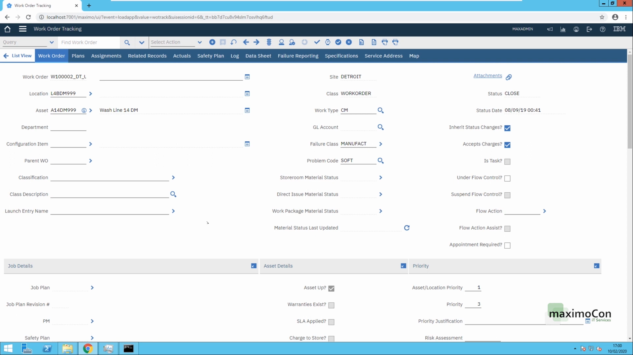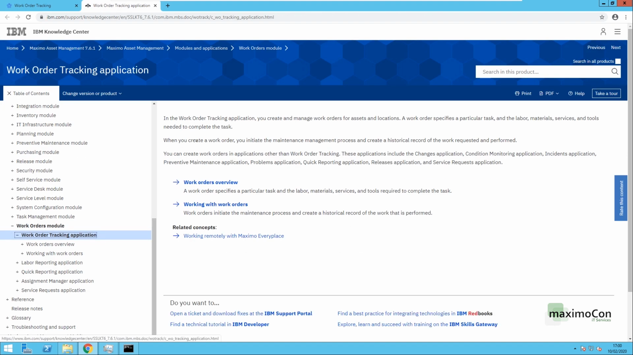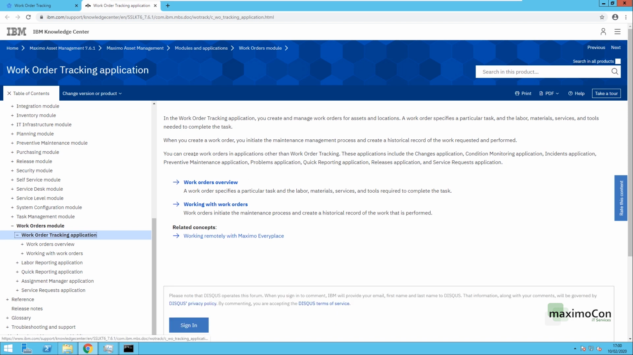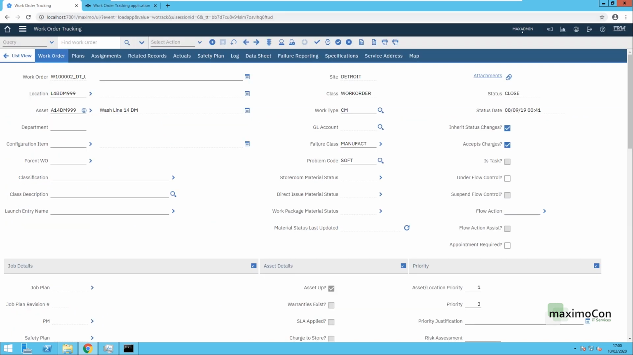Tip number 9, you can also use the application context help by clicking on help or using Alt H, which is the shortcut. You have the context help, work order tracking help. If I click here, I have a new tab going to the internet and opening the help for the work order tracking application. You can also search in other modules, or you can even go to the full Maximo Asset